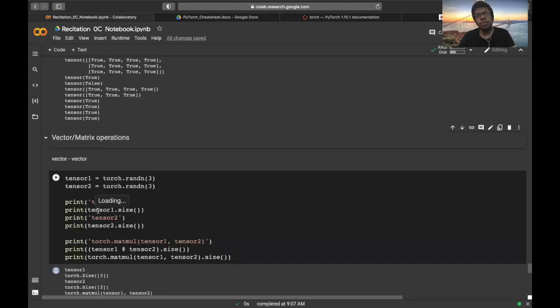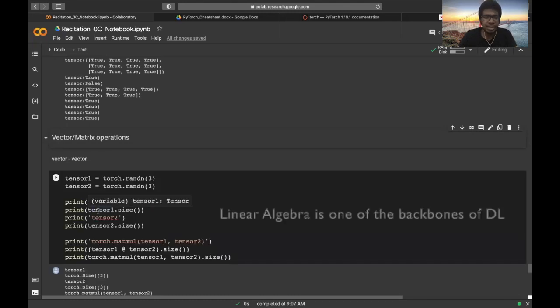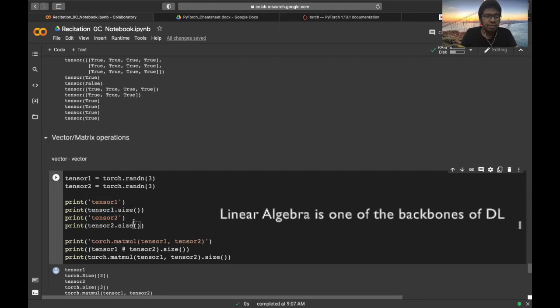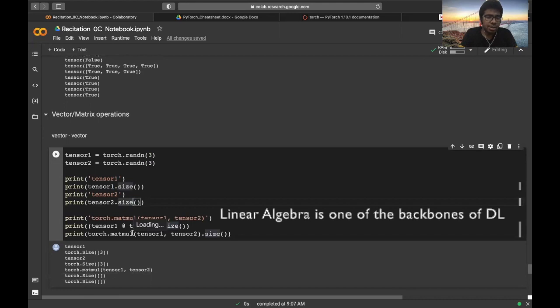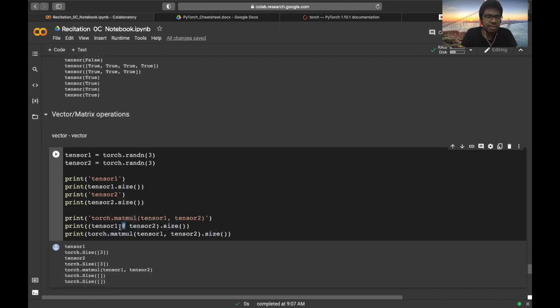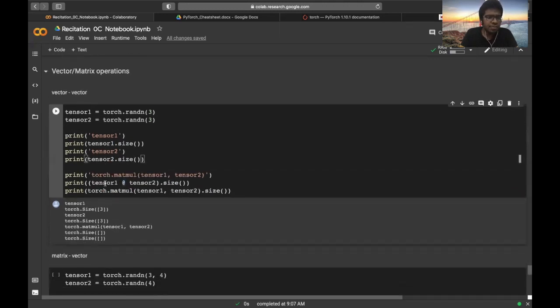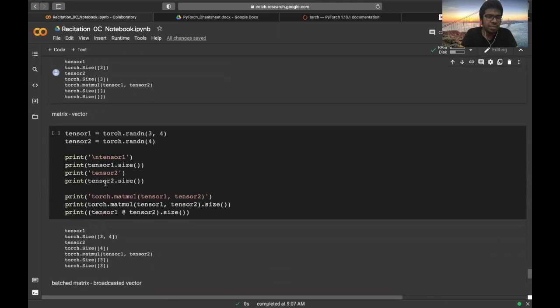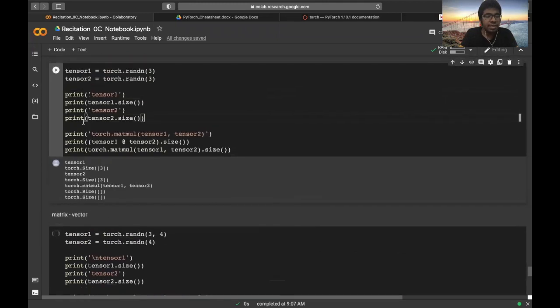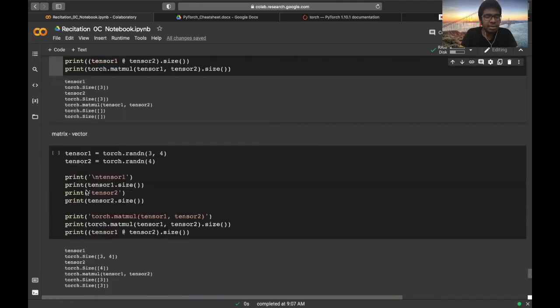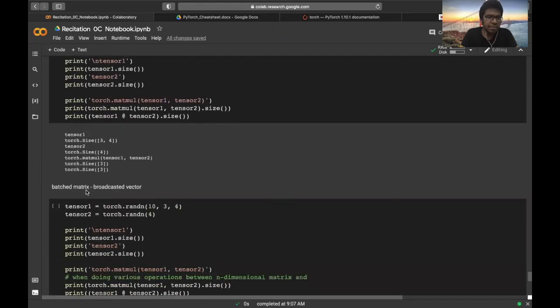These are very similar to what you usually do in linear algebra between matrices or vectors. The function which is used in PyTorch for this purpose is matmul. You can also use the @ symbol for matrix multiplication. Here in the notebook, we have given you a bunch of examples between vectors, between matrices and vectors, and so on. You can actually have a look. The link to the notebook is given in the description.